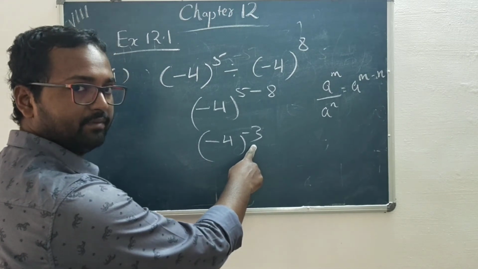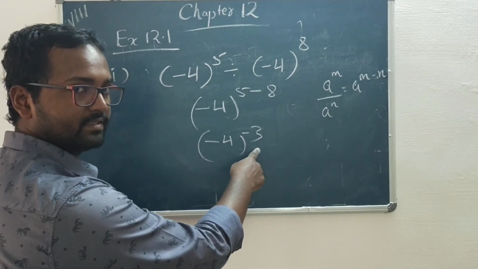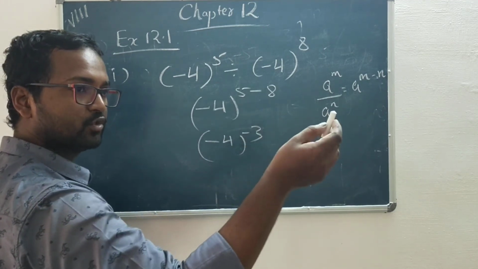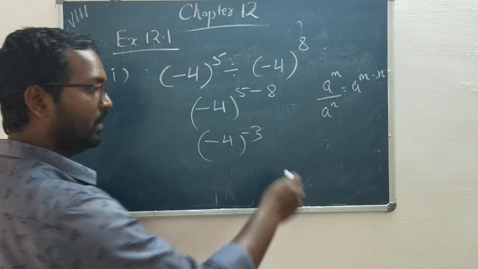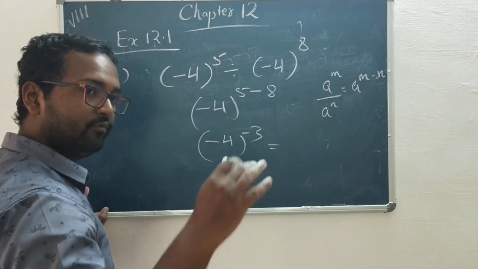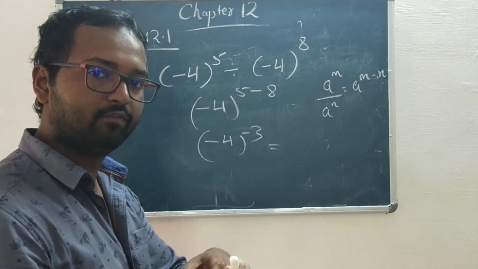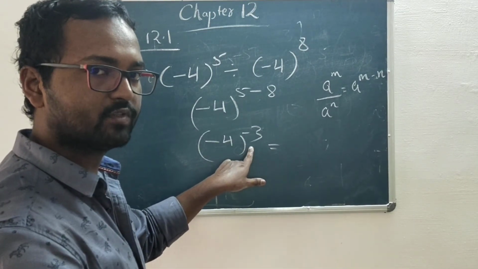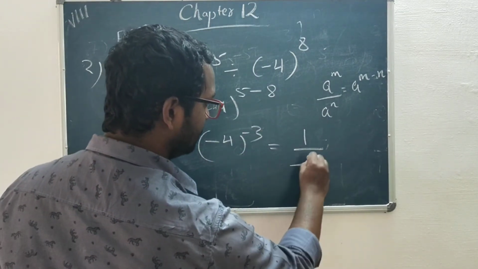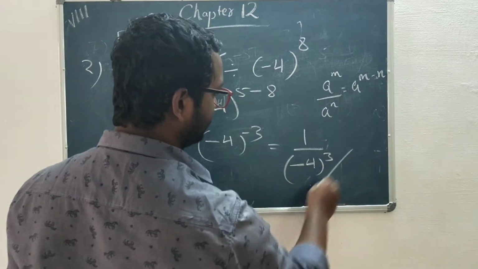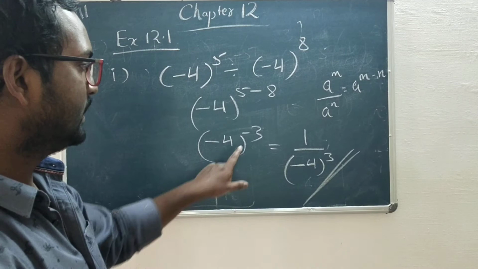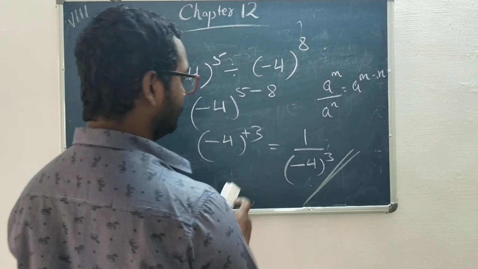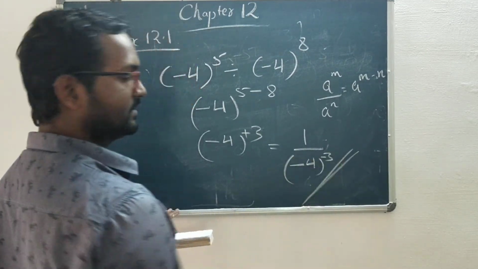See, here it's minus 3. I don't want it minus 3. It's saying in the question itself that the exponent should not be negative, exponents have to be positive. So you have to make the exponents positive. How? Just take the reciprocal. Remember, if you want to make the exponent positive, take the reciprocal. See, here we are getting minus, we want to make it positive, so just take the reciprocal. Okay, so let's say it was positive, now they want it negative, then take the reciprocal again, just put minus.